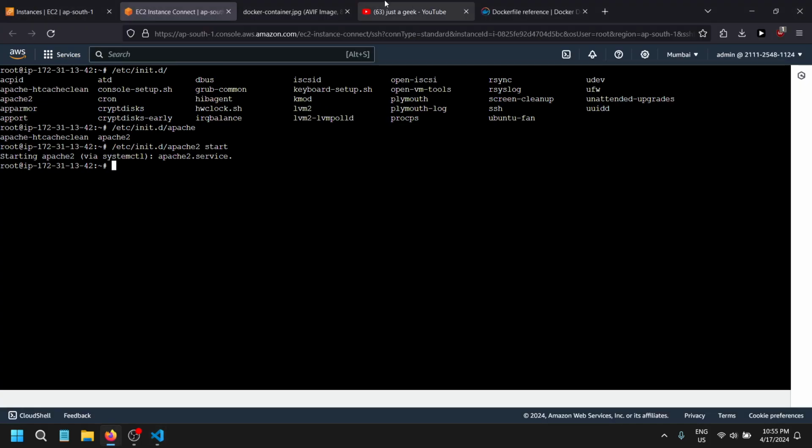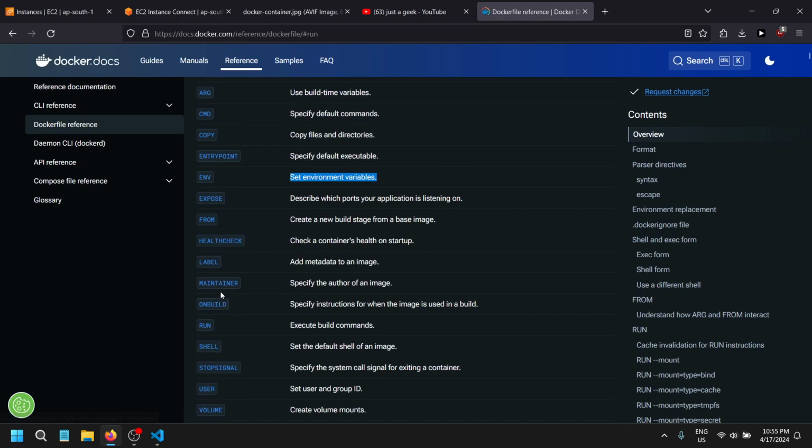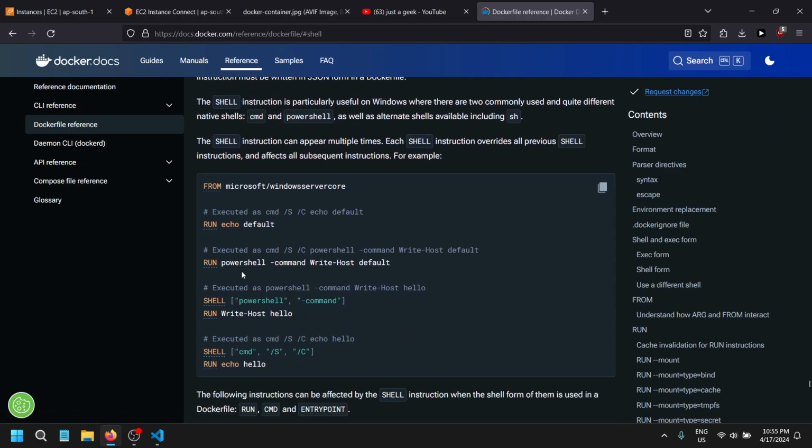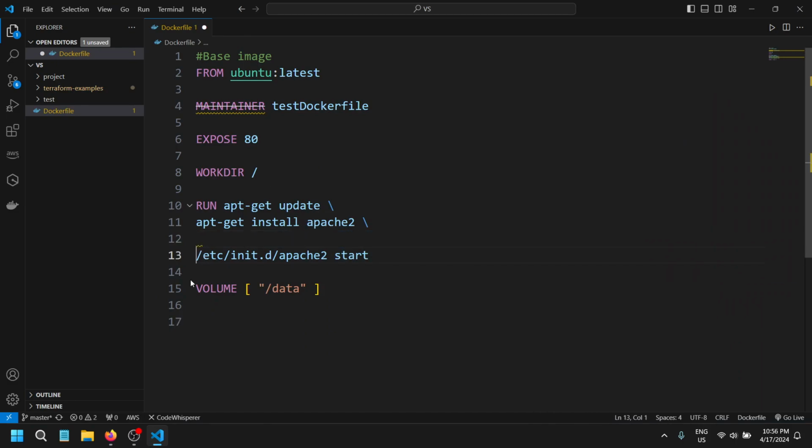So how can we provide the specific command? We can get the details from here. We can provide the shell command. So let's look and just run from here. You can just click go and create one run command over here. Keep it as separate and once you've done that,